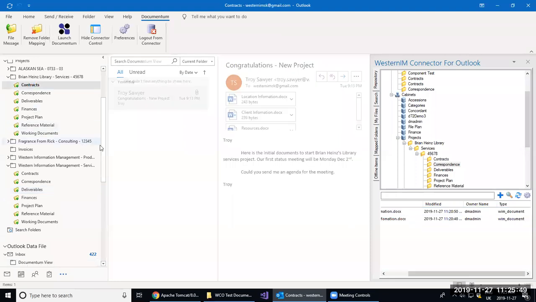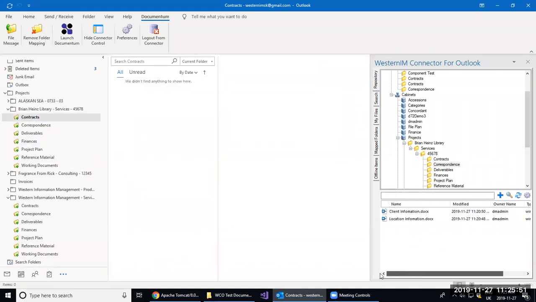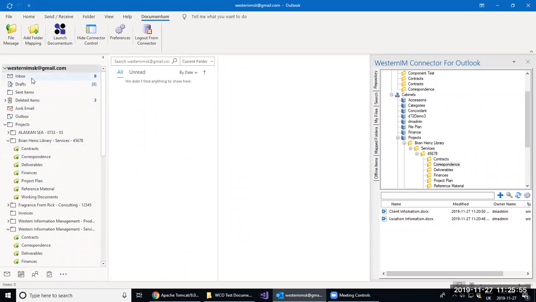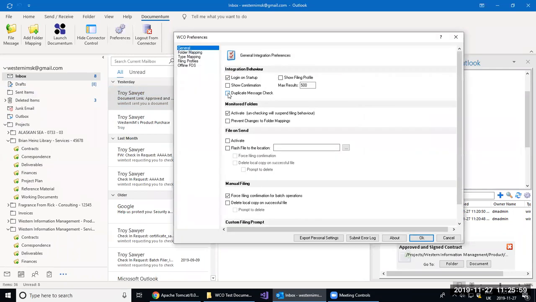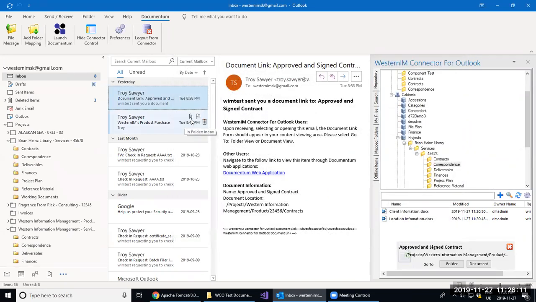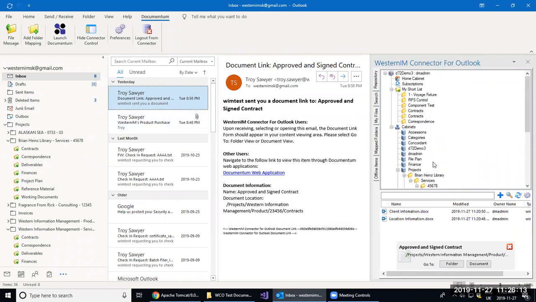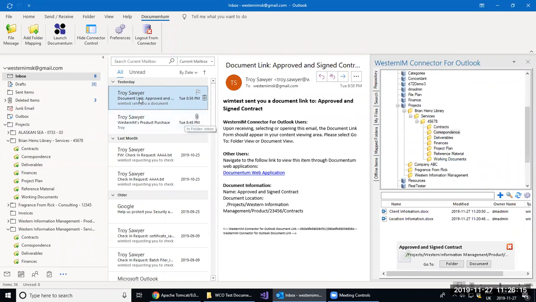So I'm just going to go back to this area. Let me find an email that, when I filed it, would have been filed automatically. I'm going to turn on my duplicate checking. And if my mapping is set up correctly, how this works, just to let you know, there's a unique entry ID that's generated by the mail server when the email is generated. And that's what we track. So as long as that's mapped correctly for me here,